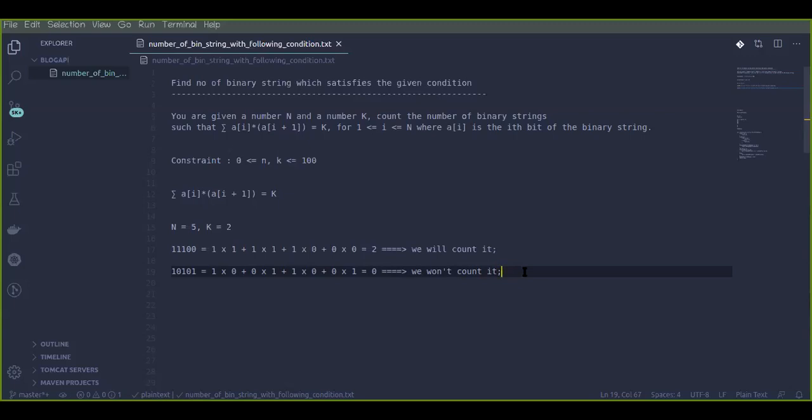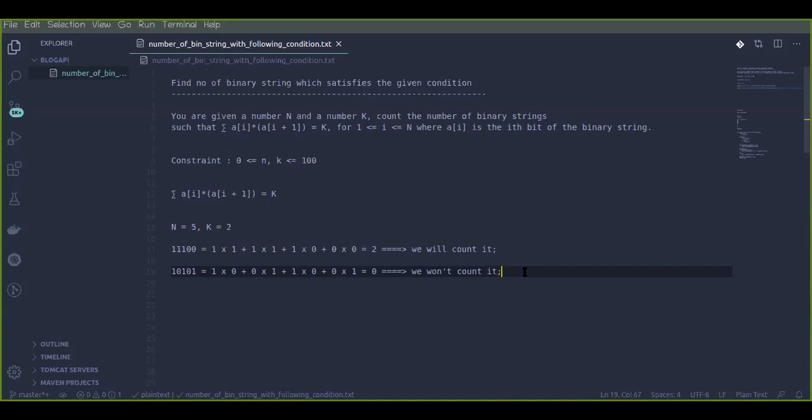Actually, what we are trying to do is, without generating all the possible binary strings, we just need to imagine that we have a binary string, but actually we are not generating such strings. So just think that we have a binary string. What is the possibility of getting the last bit of that particular binary string?